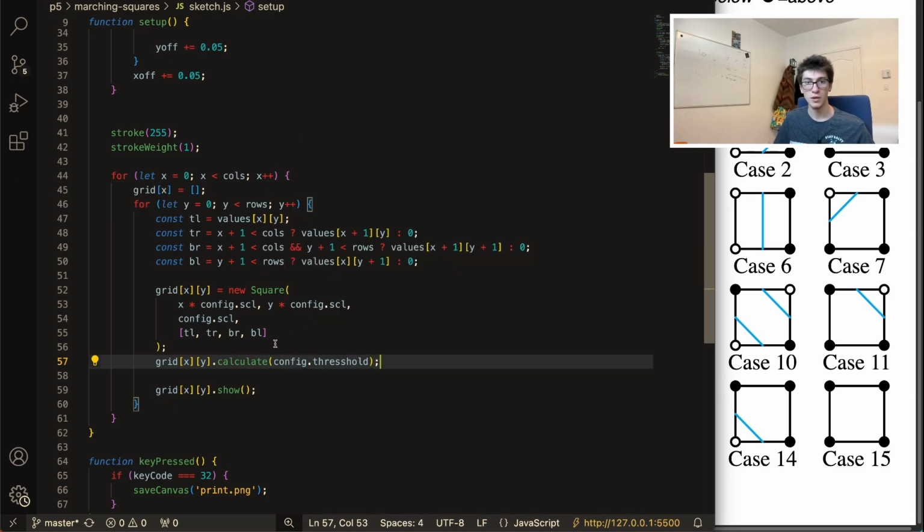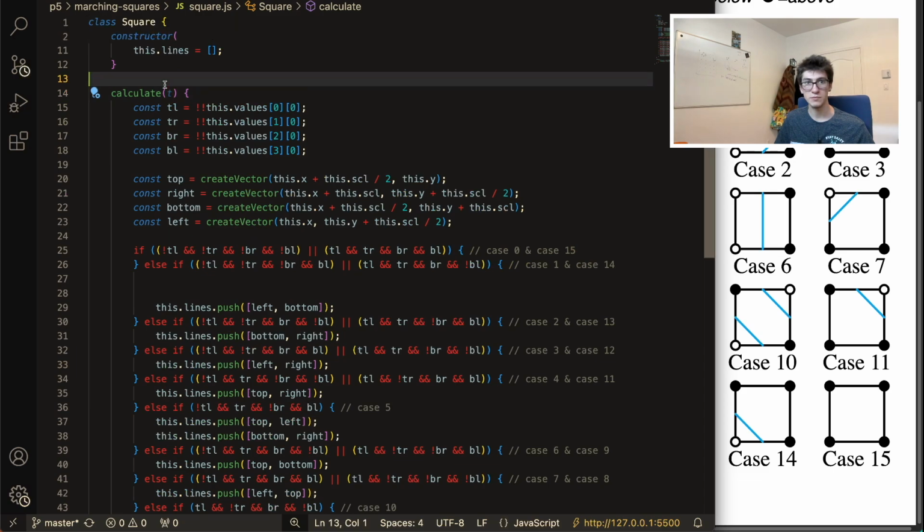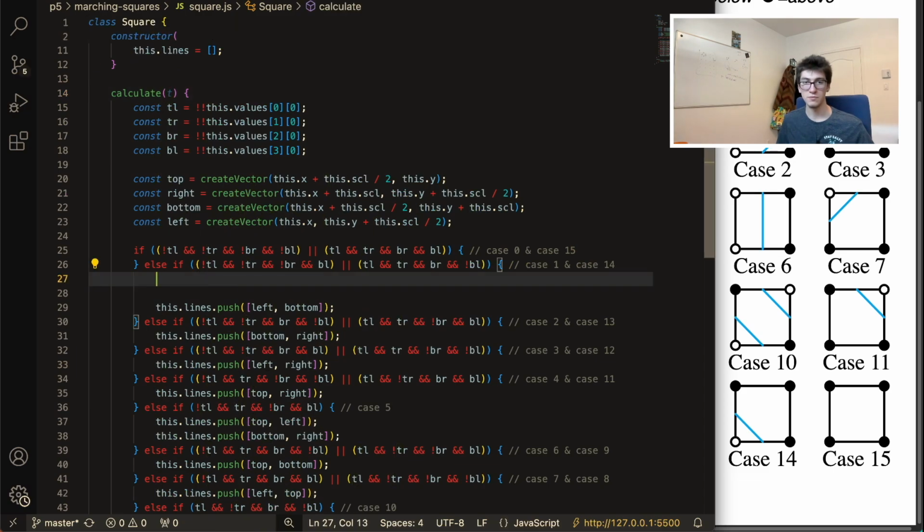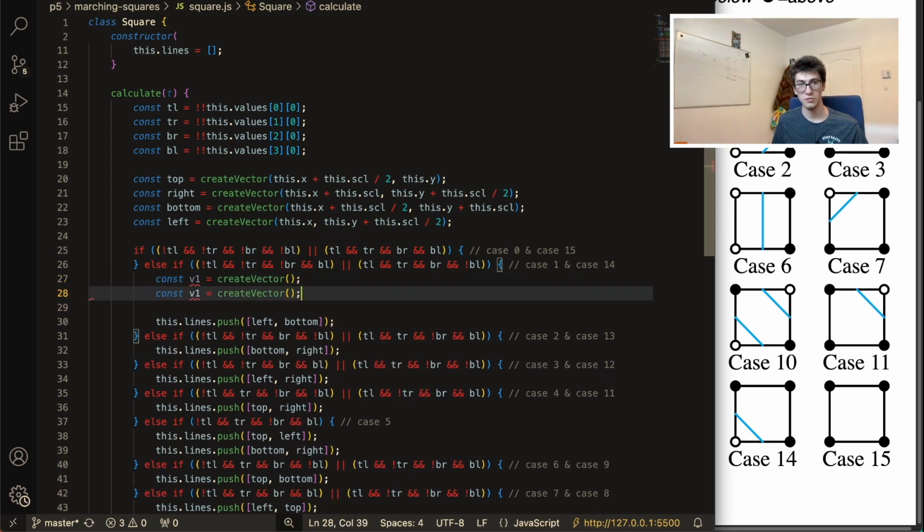Okay, good. So now in the squares, we have t. All right. So we want a new vector, const v1, and we'll have, oh, let me mute this. We'll have create vector, it's fine,